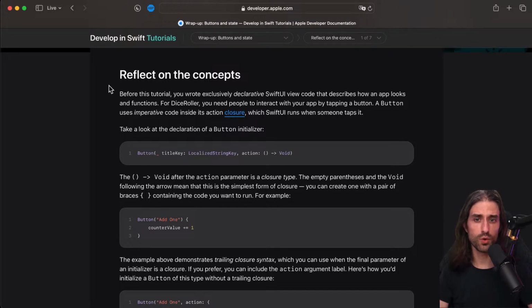Before this tutorial, you wrote exclusively declarative SwiftUI code that describes how an app looks and functions. For Dice Roller, you needed to interact with your app by tapping a button. A button uses imperative code inside its action closure, which SwiftUI runs when someone taps it. So the difference between declarative and imperative, I'm going to sum it up quickly, even though it's a topic that you